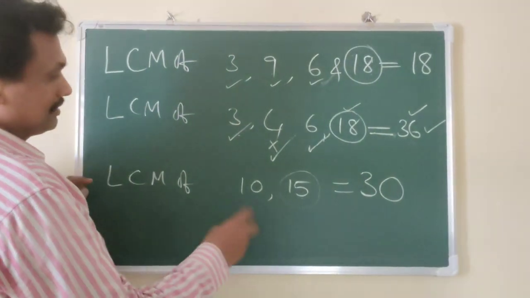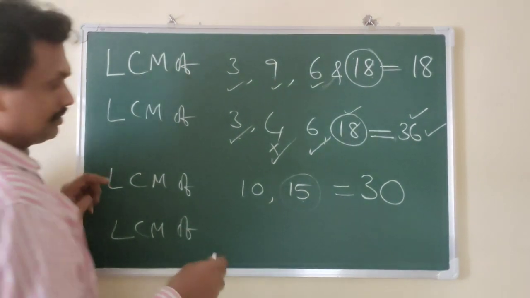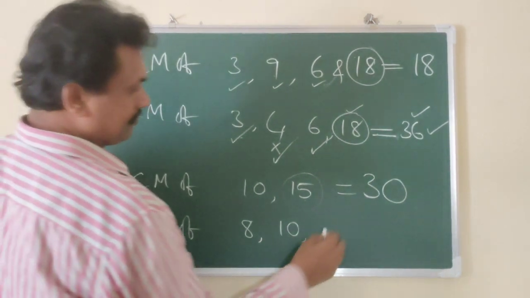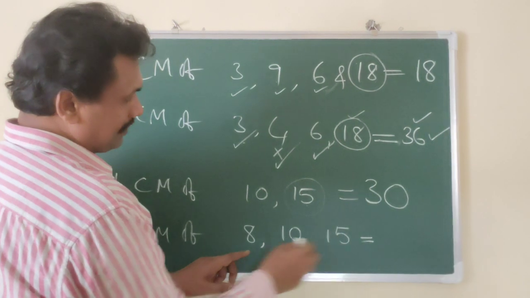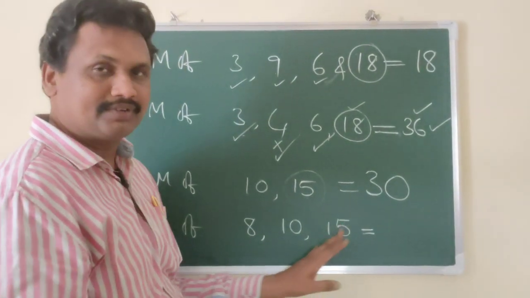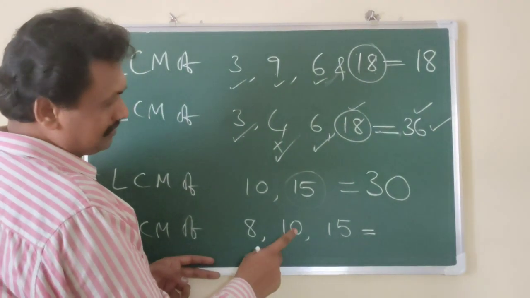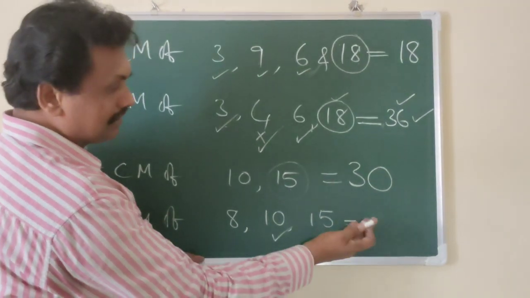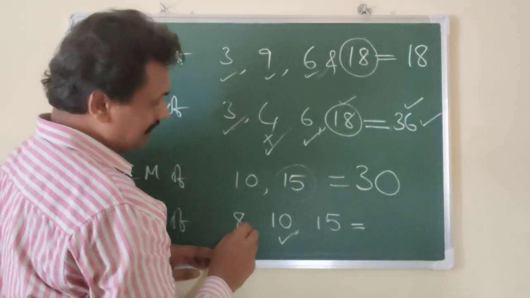Like that. Next, suppose you have the LCM of other numbers. Suppose you have three numbers, 8, 10, 15. At that time observe, 15 is not divided by 8, and 15 is not divided by 10. At that time take the 15 table, 15 double, like that. 15 plus 15 is 30. 30 is not divided by 8. 30 is divided by 10, okay. Next, 30 plus 30 is 60. 60 is divided by 8? No.